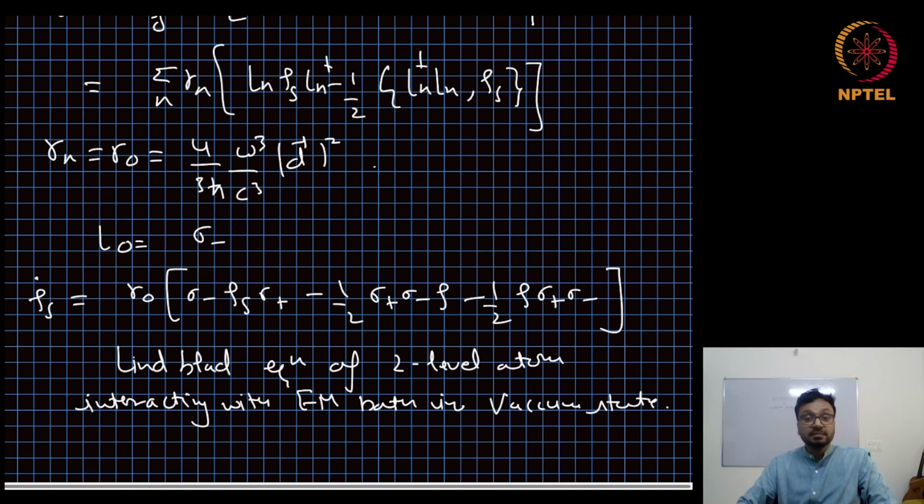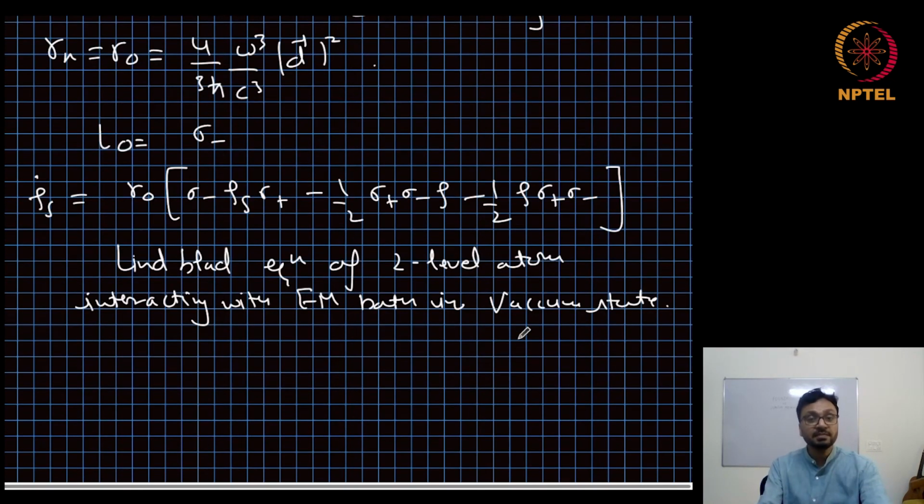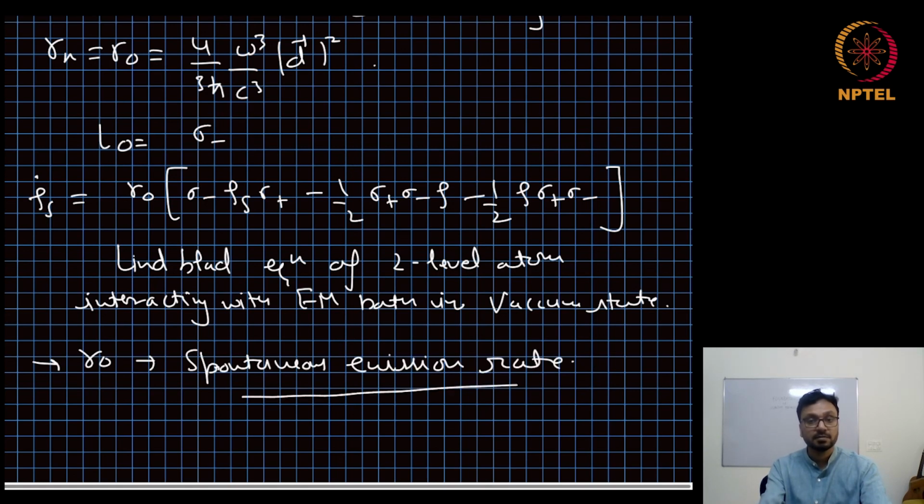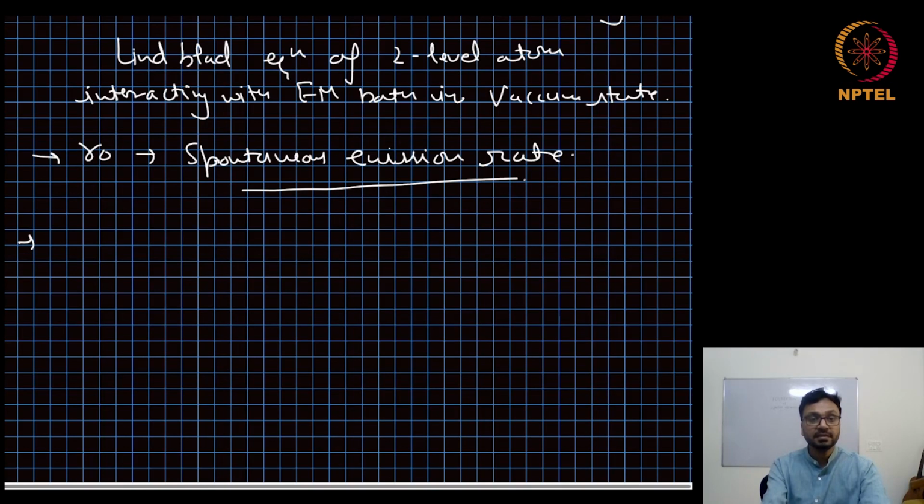So when a two-level atom interacts with an electromagnetic bath in the vacuum state, the profound phenomenon we observe is spontaneous emission. An atom left in the ground state will remain in the ground state forever. But if the atom is initially in the excited state, then it will decay to the ground state. Then gamma naught becomes the spontaneous emission rate. Another example